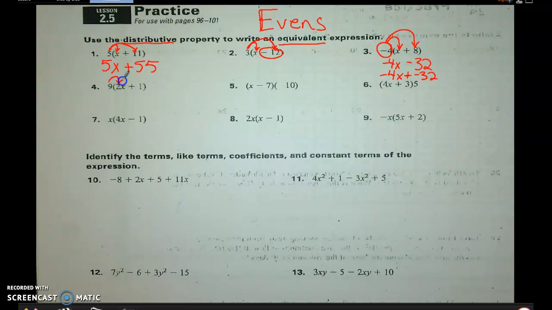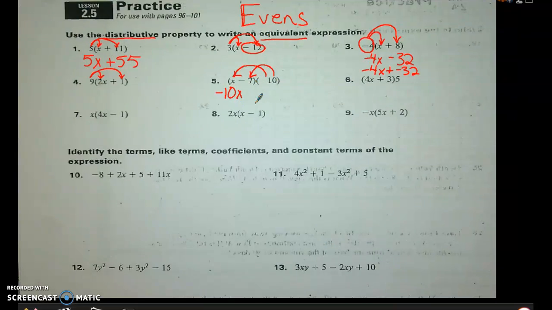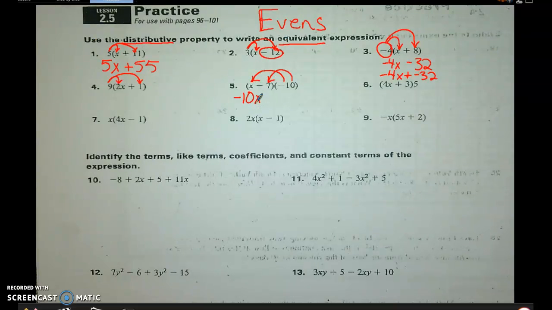you're going to distribute that 9, taking it to both of those terms. Number 5. We have a distribute, but that negative 10 is out at the end. We're going to do the same thing. We're going to take it and distribute to both terms. Negative 10 times x is negative 10x. Negative 10 times negative 7, that's going to give me a positive, because negative times a negative is a positive